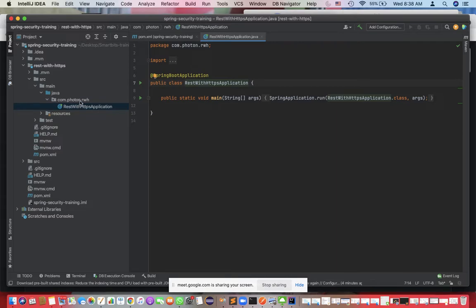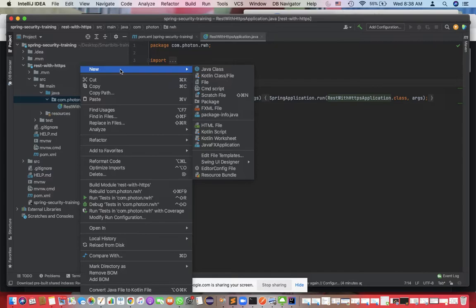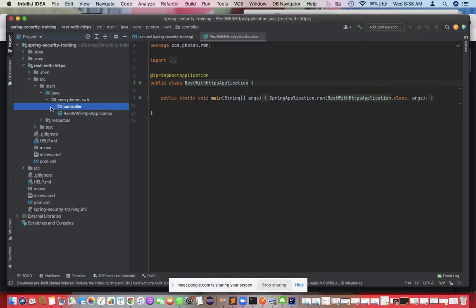So what I'll do, you can code with me, but if you get left behind somewhere, don't worry, I'll upload this code to GitHub, so you can read it and follow along. Take a look. I'll create another package, that is the controller.